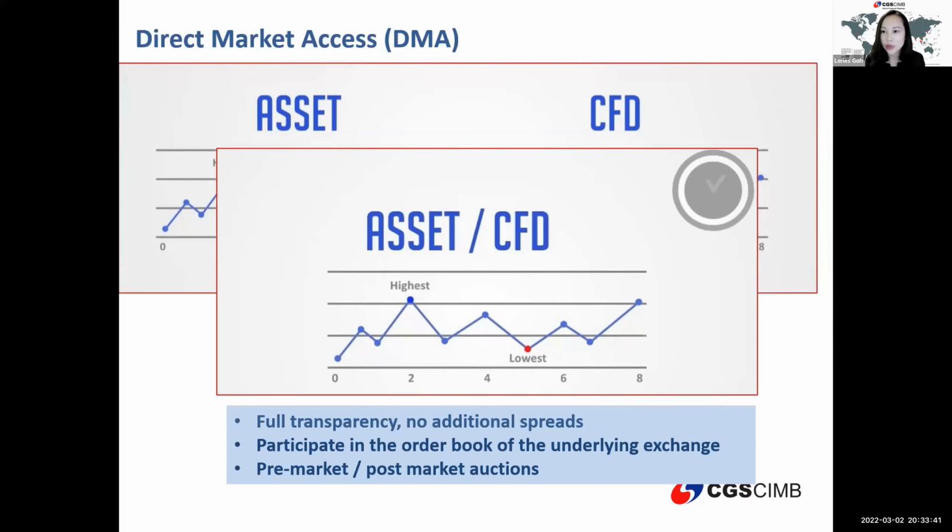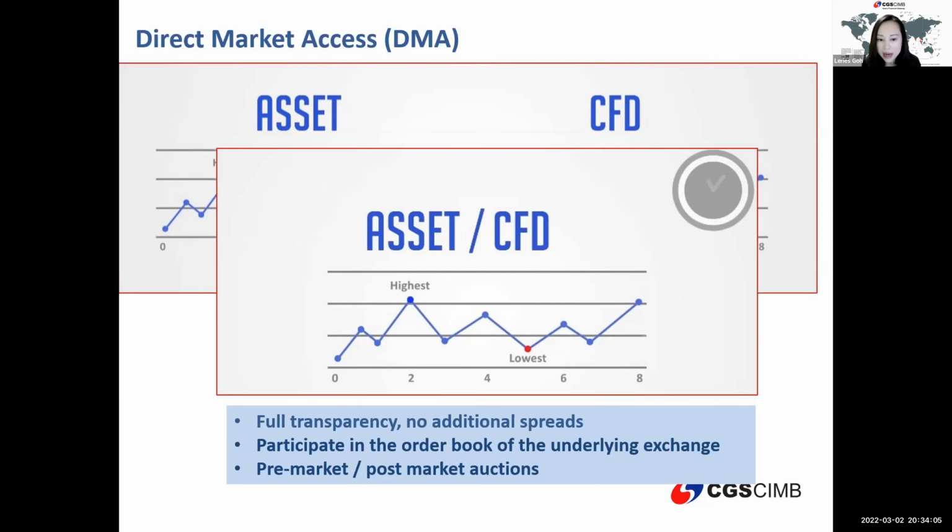But there's no recourse to that. When you go back to the market maker and ask how come the market low is $10 but you stopped me out at 9.98, for example, they will tell you there's no recourse because it's at their discretion. So that's the main difference between a market maker and a DMA model.